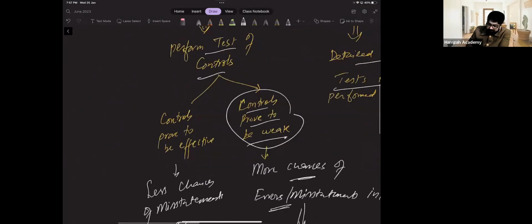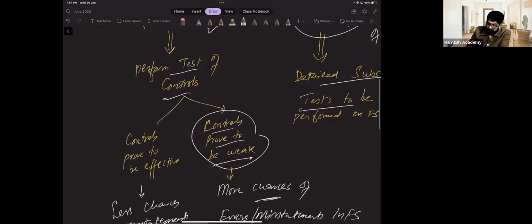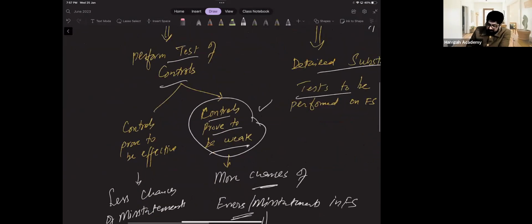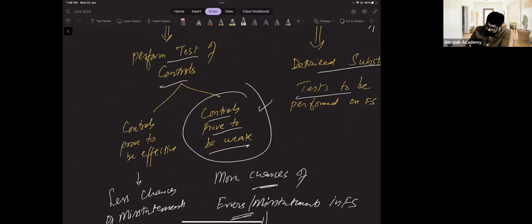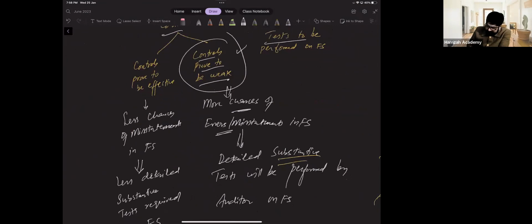Actually, initially they seem to be working, but now they prove to be, no, they were weak actually. Our impression was wrong. So more chances of errors, misstatements, so detailed substantive test. And here,